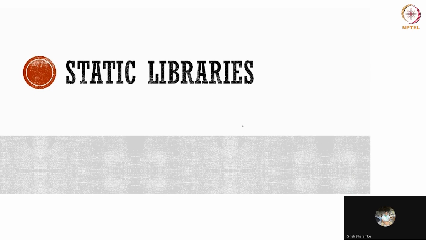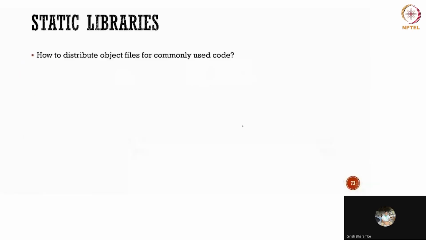Let's move on to static libraries. One of the reasons we have all this business of separate compilation and the linker is that you want to allow code reuse, right? The reason you want to split your code into multiple files is because you want to reuse that code. For example, let's say you have written various data structure implementations, and you want to use them across your different